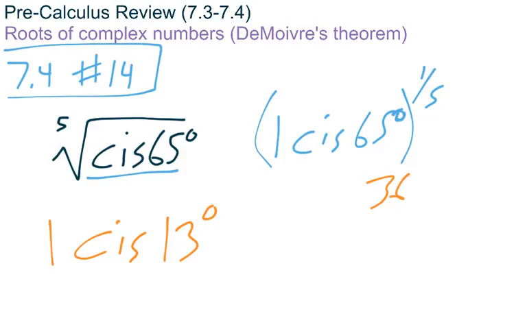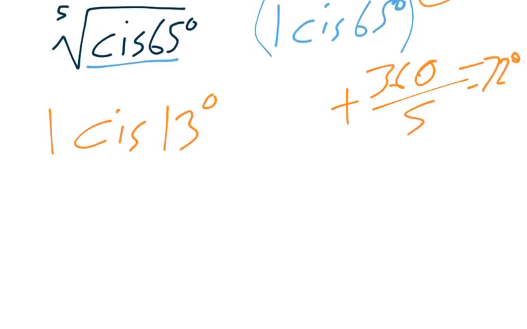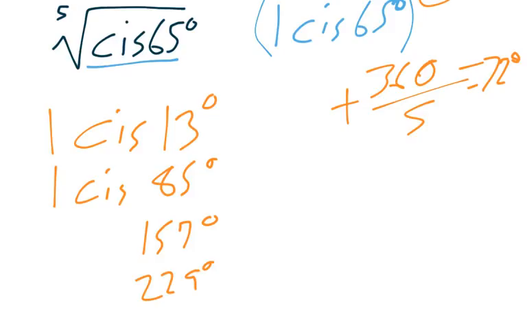Remember, we're adding 360 each time, and then we're going to divide by 5 again. So we're adding 360 over 5. You're going to learn these numbers pretty quickly, but when you divide 360 by 5, of course, you get 72 degrees, and that's what we're going to be adding to each term. So we're just doing this over and over and over. So 1 cis, and then we add 72, so that comes out to 85 degrees. And then add 72 to that, and add 72 to that, so we get 157 degrees,